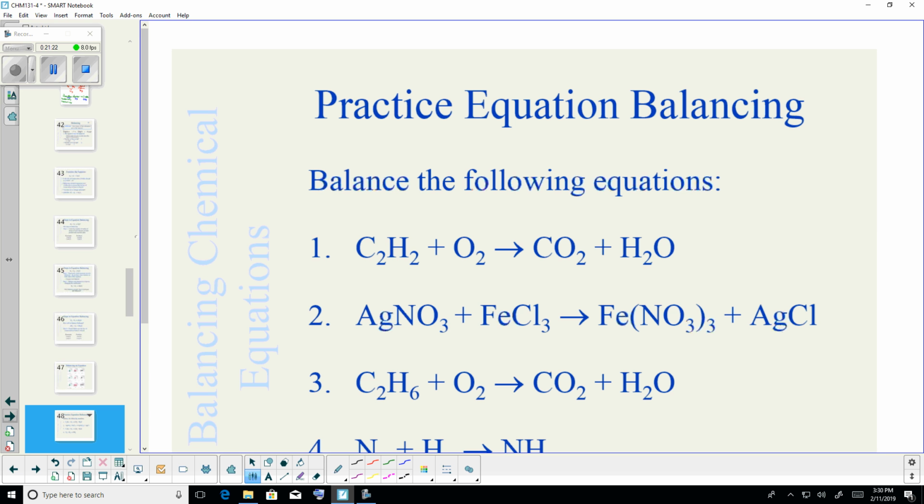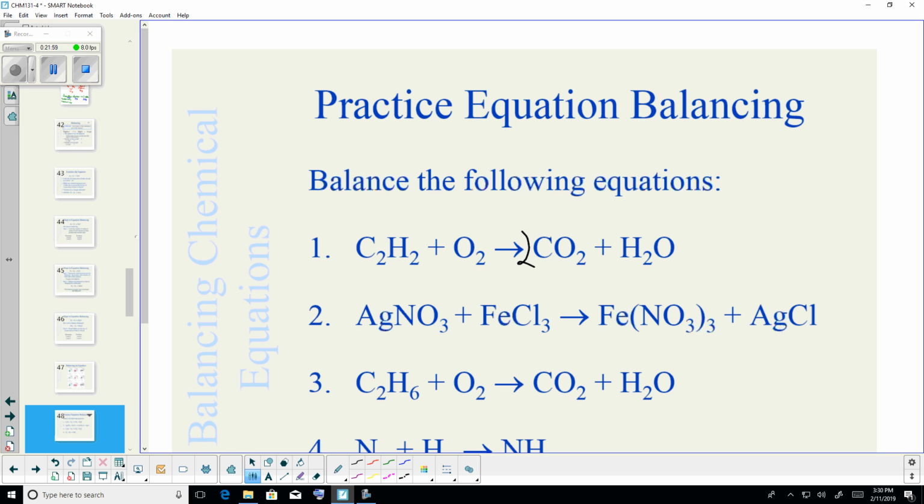So balance the following equations. First hint, if you have something with oxygen and hydrogen, do those last. Out of those two, the one that's by itself, do last of the last. So in equation number 1, you have carbon, hydrogen, and oxygen. We're going to do carbon first. So we got 2 on the left. How many we got on the right? 1. So what do I have to do? I have to put a 2